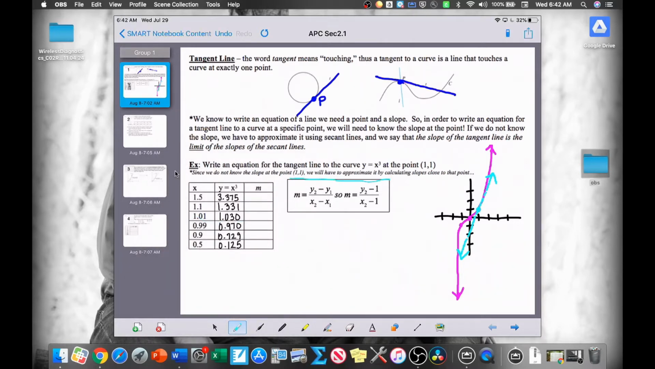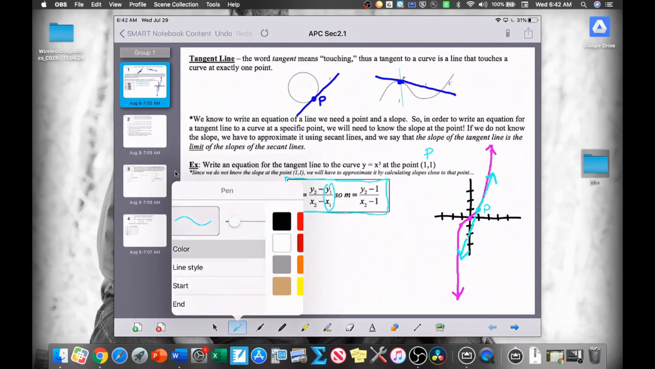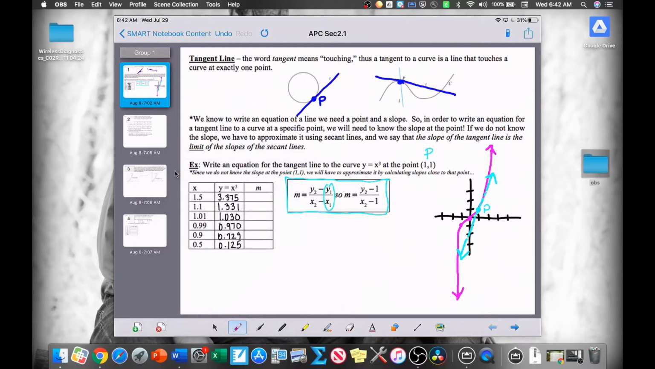Because our second point, and we're going to call this point P, that's our point of tangency right here on our graph. Our point P is always the same point, and that is (1, 1). So basically, I'm just going to start plugging ordered pairs in. For my first ordered pair, when x is 1.5 and y is 3.375, and I plug those values in,